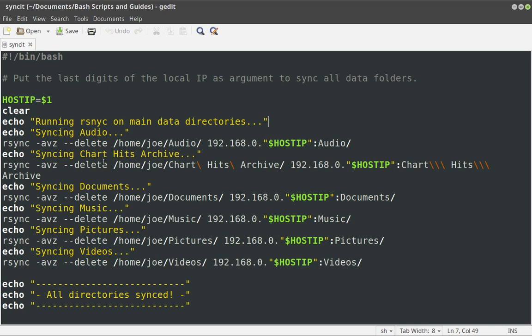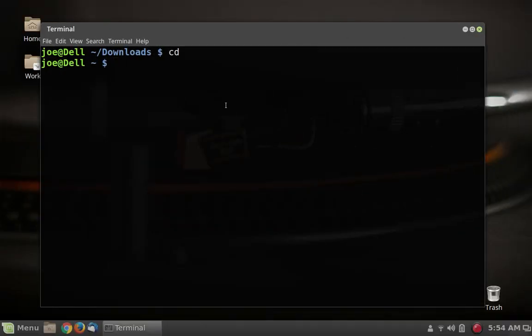Alright, so the rsync command here is set up to, I'll just go through here real quick and tell you what it is. Actually, let's jump over here to a terminal. It'll be a little bit easier to understand. So let us say that I wanted to sync the data between the pictures folder on this machine and on another machine. So I'll show you how to do this manually. So I'm going to do rsync,